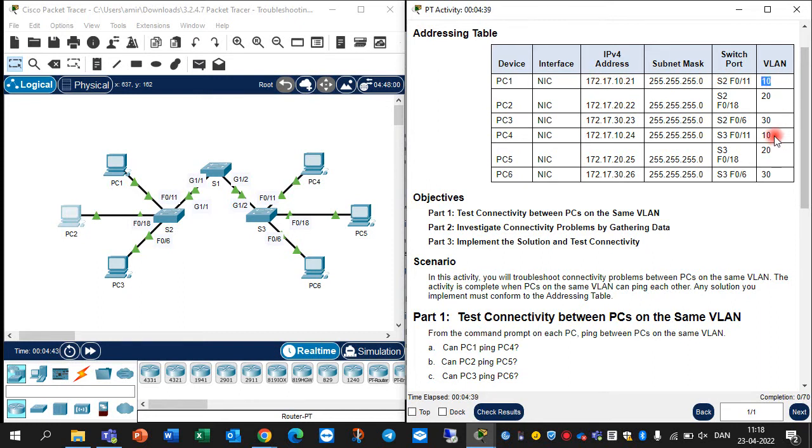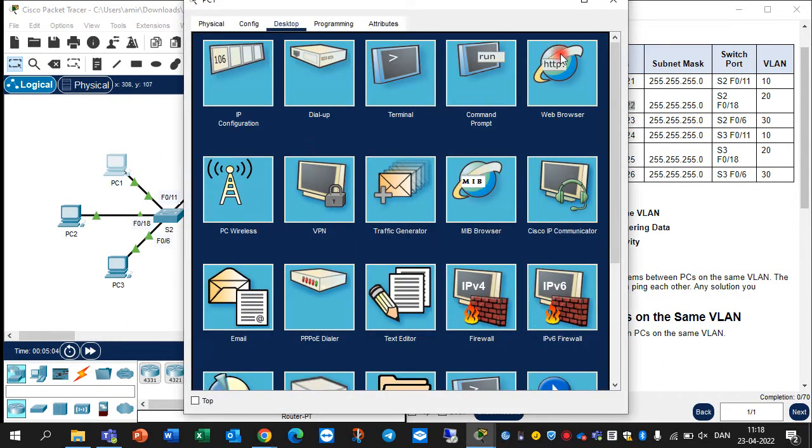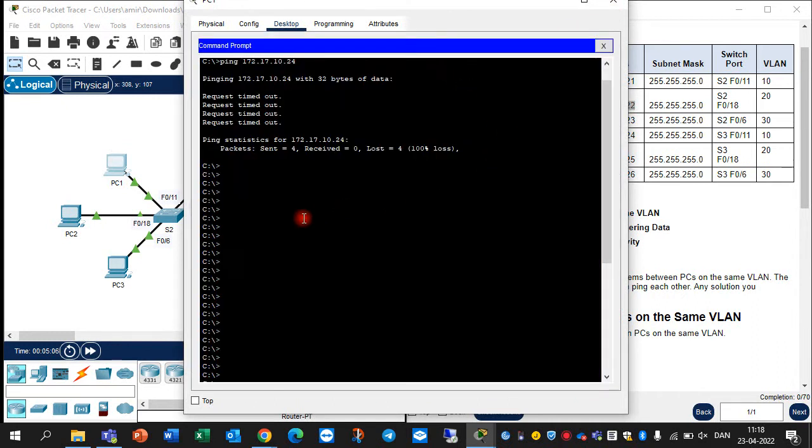VLAN 10 for PC1 and PC4, VLAN 20 for PC2 and PC5, and PC3 and PC6 are in VLAN 30. We can also check the IP addresses: this one and this one are in the same network, and PC5 and PC2 are in the same network. You should go to PC1 and